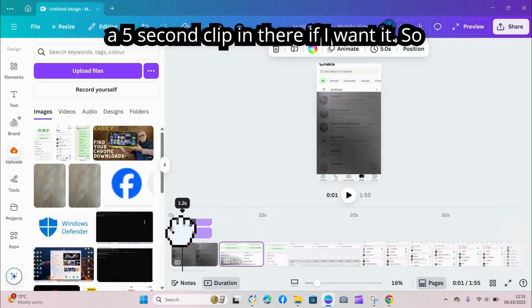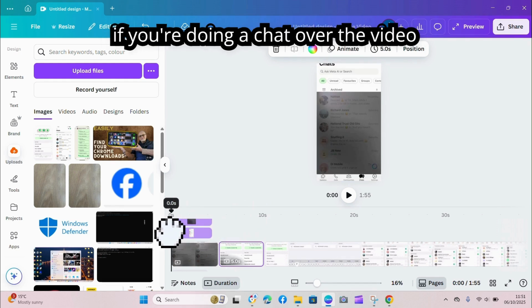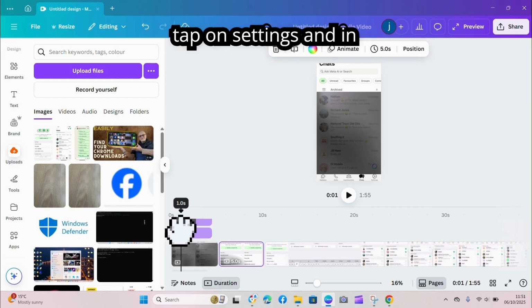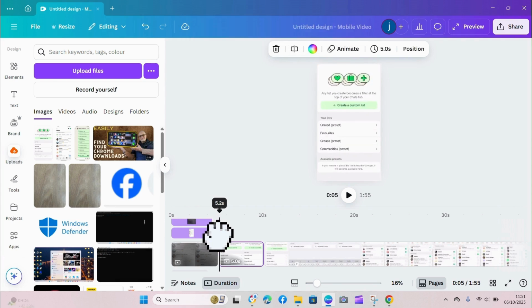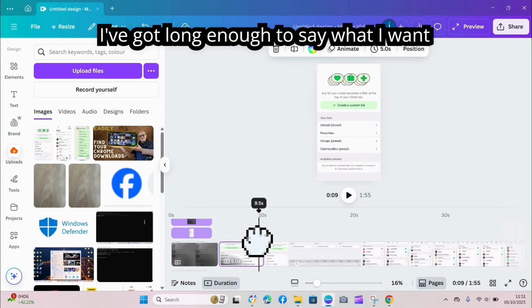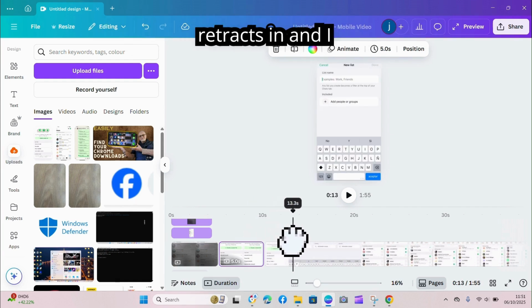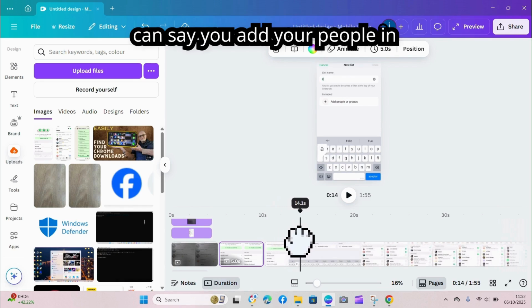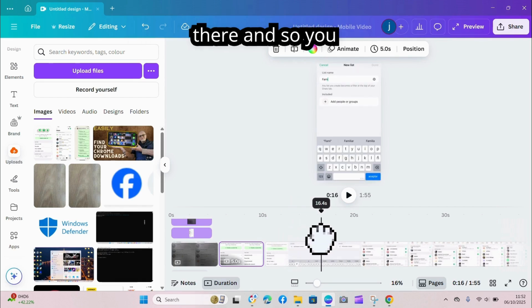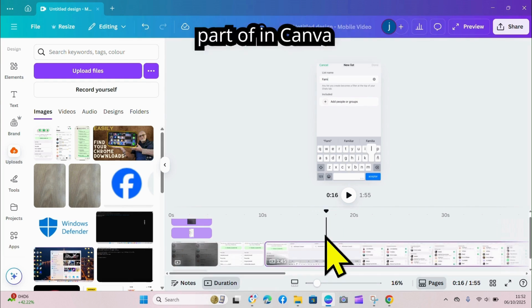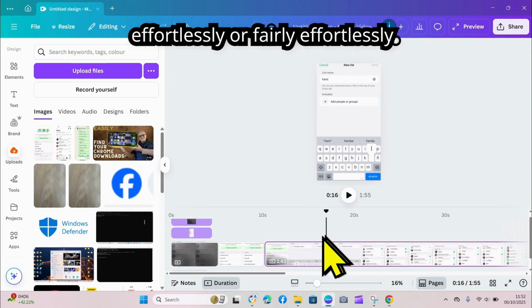If I want it, so if you're doing a chat over the video, like I'm going to say, go down to the right hand corner, tap on settings, and in WhatsApp you go to create a custom list. I've got long enough to say what I want to say, so then it retracts in, and I can say you add your people in there, and so you can create your split, your freeze part of it in Canva effortlessly,